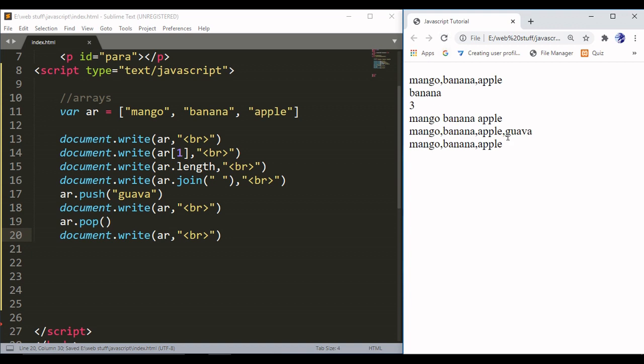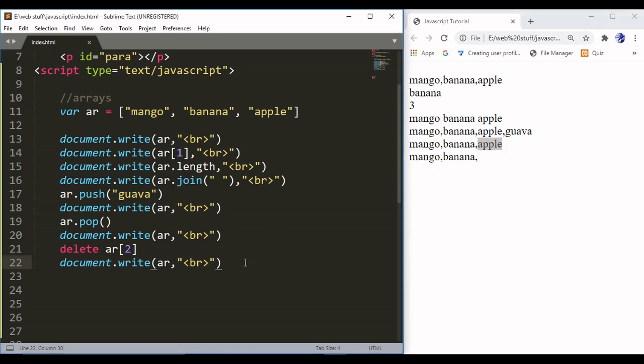Now let's refresh it. Here you can see guava is removed. Now to remove something from a particular index, we have to write delete, then AR and then the index, let's say 0. Now again let's run it. You can see now we are left with only 2 values, mango and banana, because the second index is also deleted. And to update something, you can simply write